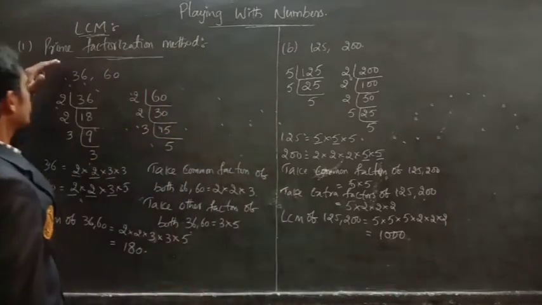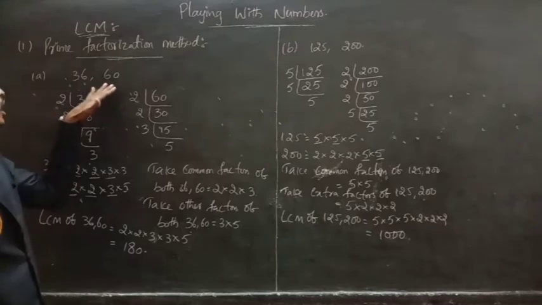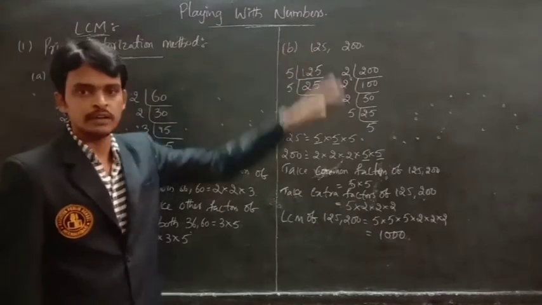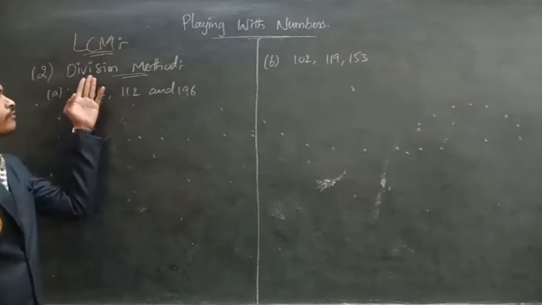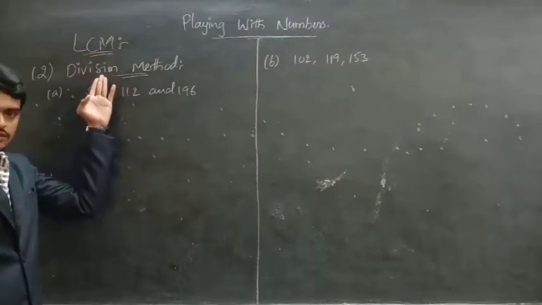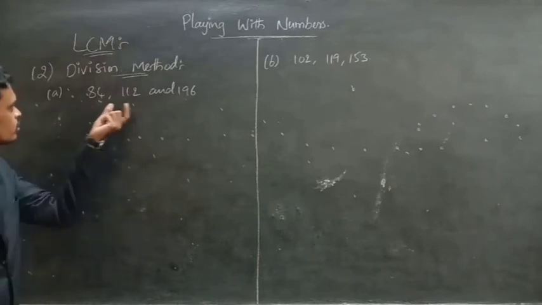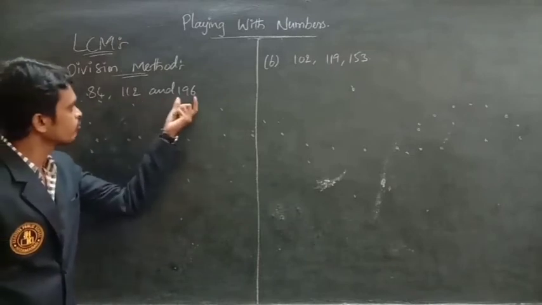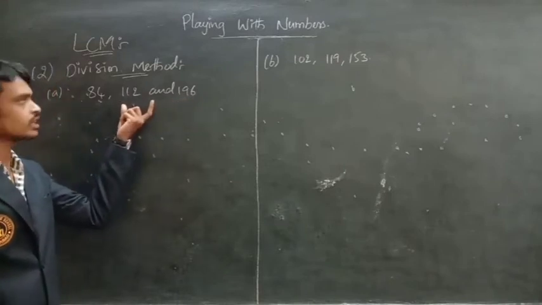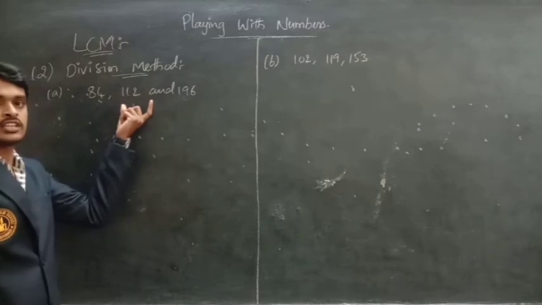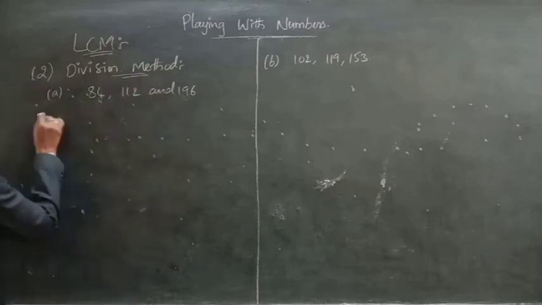Like this, by using the prime factorization method, we can find the LCM of the following numbers. Next, we will find the LCM by using the division method. These are the numbers: 84, 112, and 196. We will find the LCM of these numbers by using the division method. Solution: